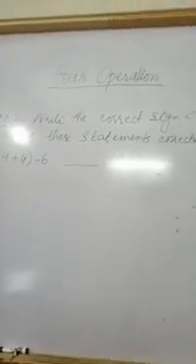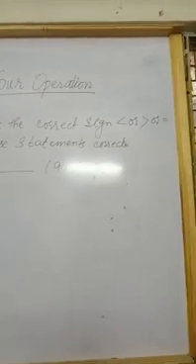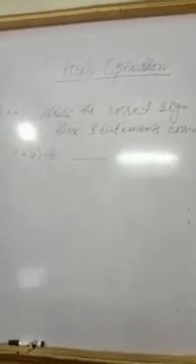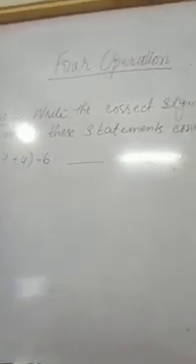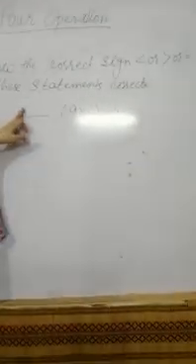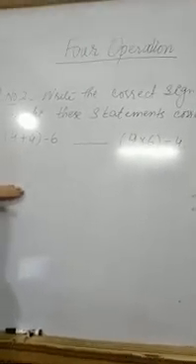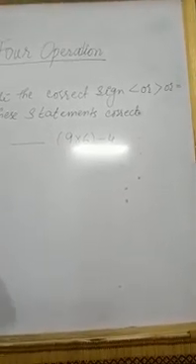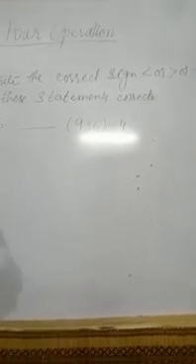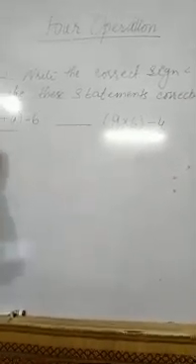In question number 2, we have to write the correct signs, either smaller or greater or equals to, to make these statements correct. In the first part, there are two statements related with a sign, but the sign is not written over here. We have to solve the left hand side and the right hand side, and we find either our answers are equal or which side has a greater or a smaller answer. So first of all, I am going to solve the left hand side.